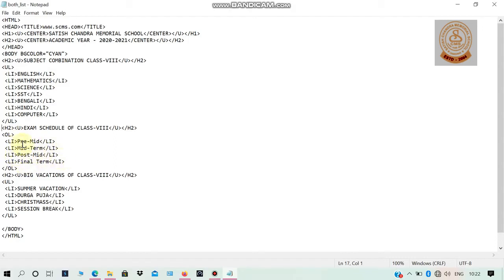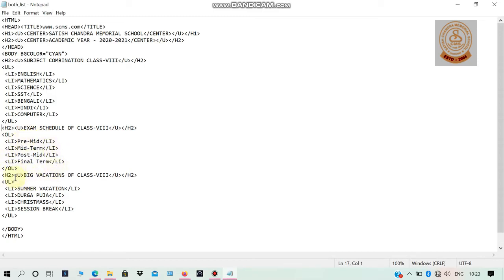For the 4 individual exams, I have mentioned the starting and ending LI tag, and thus pre-meet, mid-term, post-meet, and final term become the list items for the ordered list. The ordered list is completed with final term, and then I have mentioned the ending tag of OL. Thus, one ordered list is added to the web page.